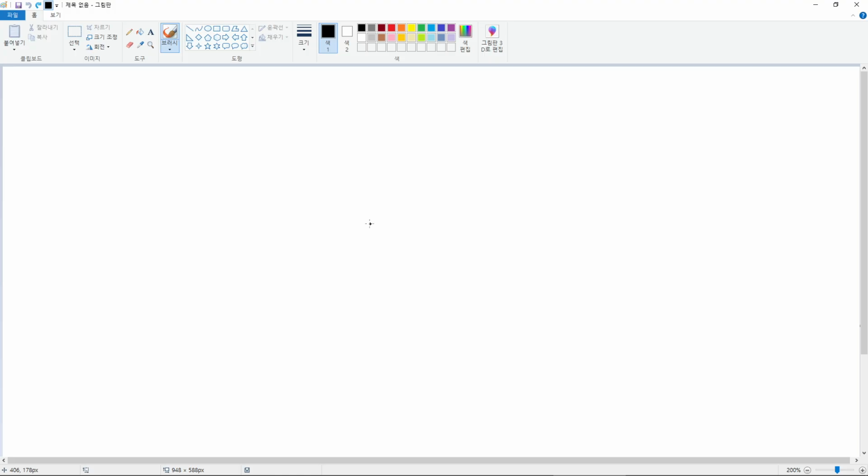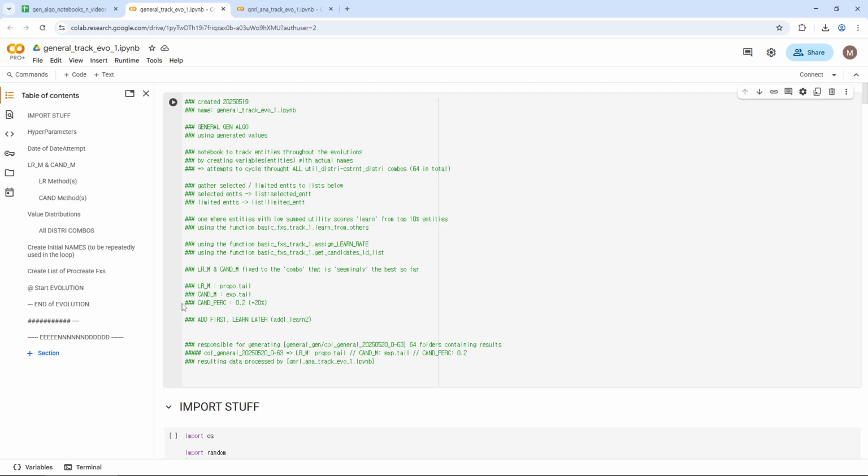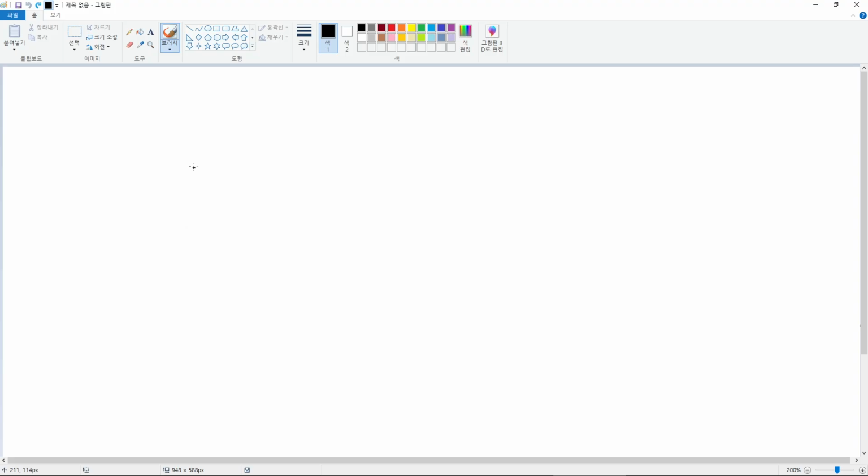Well, today I'm definitely not going to be covering 13 notebooks like I did last time. Today I'm just going to be covering the results that I got from one notebook. Granted, the notebook in question did generate 64 resulting folders or directories, but it's still from one notebook with a clear objective in mind, and that objective being,